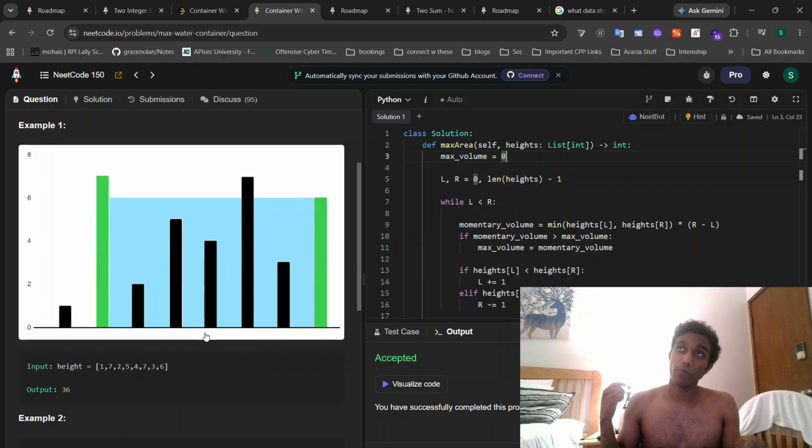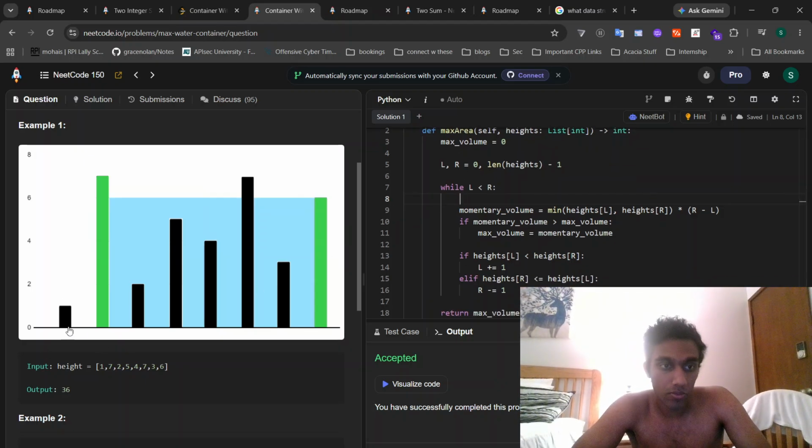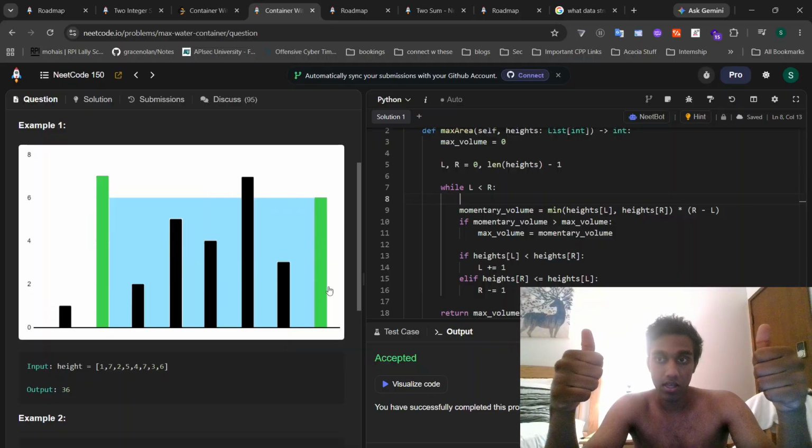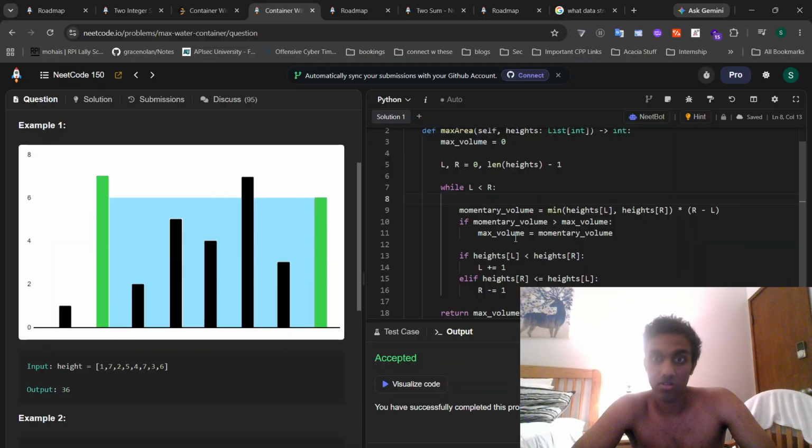each of the possible values, but, I'm having a hard time explaining, but it's a 2-pointer, so you have an L pointer here, R pointer here, and then while L is less than R, you have the momentary volume, which is the minimum of L and R, and then you multiply it by the width. So if the momentary value is more than the max volume, assign max volume to be the momentary volume, and